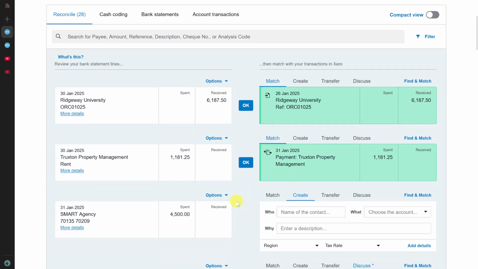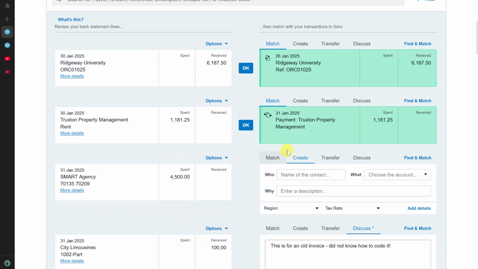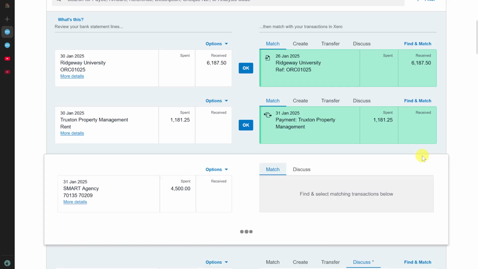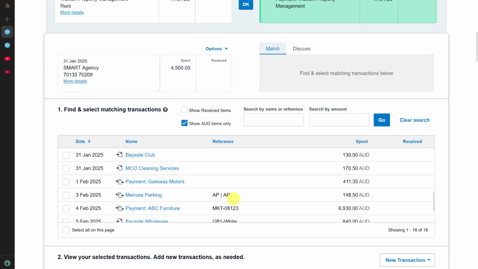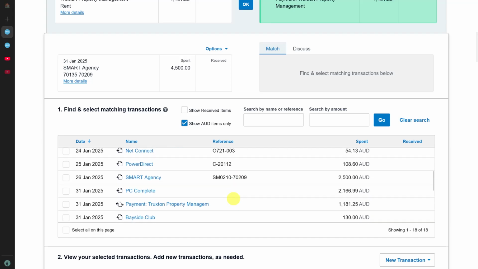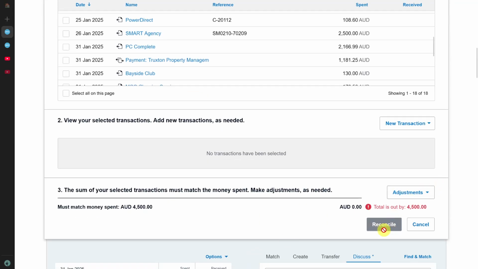Then on the screen you have to locate the bank statement line for the overpayment, and once you find it, it will automatically show the matches for it. Or if you don't find the match, you can simply click on this find and match option right beside it. Then you need to select the overpayment from this list and then click on this reconcile button, and your overpayment will be reconciled. If there is no existing bill or invoice to match, you can simply